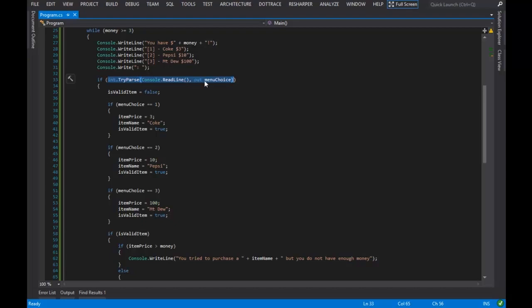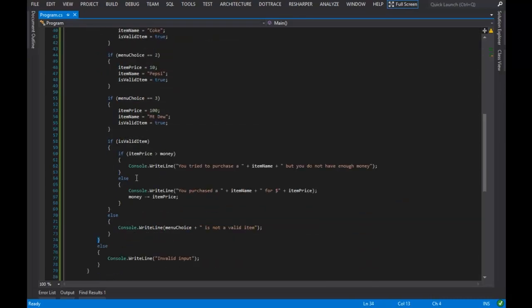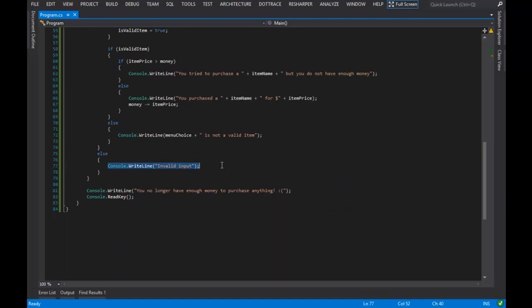If it returns true, then our menu choice will be a variable that contains whatever choice that they selected. If it is false, then we will go to this else statement down here all the way at the bottom,